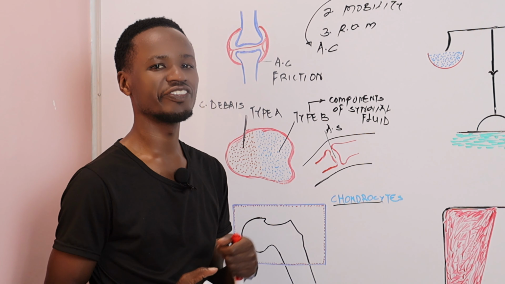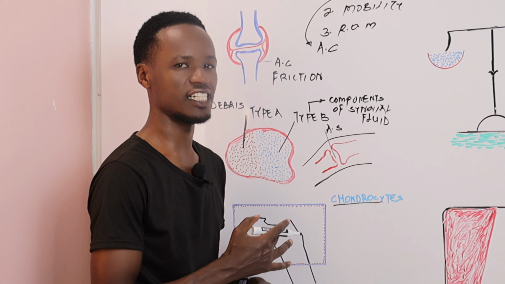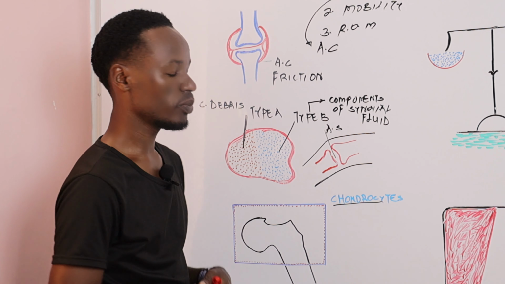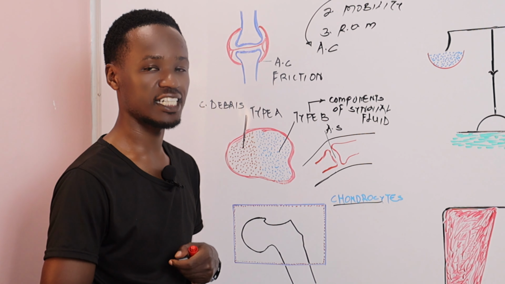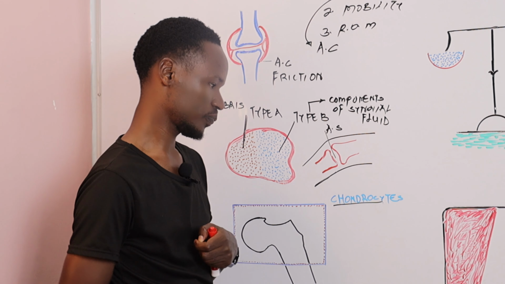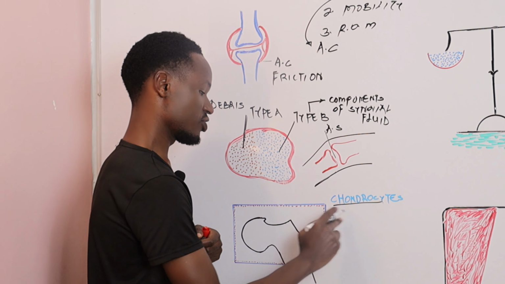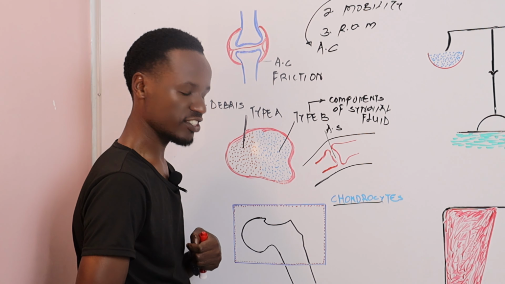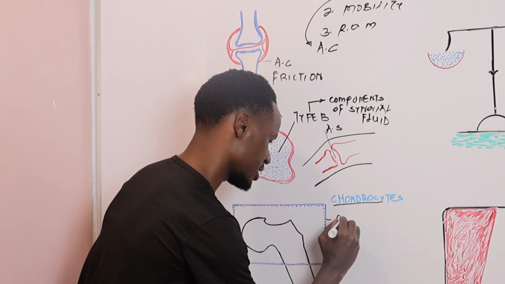So they look after anything that could go wrong or could happen to this articular cartilage. So the main job of the chondrocytes is to take care of the articular cartilage. But how so? On the outer surface of these chondrocytes is a gel-like structure of the extracellular matrix,